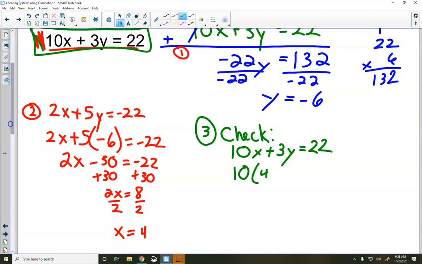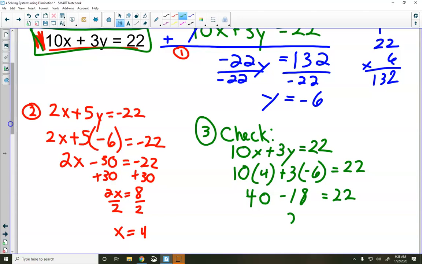So we have 10 times 4 plus 3 times negative 6, and that is equal to 22. 10 times 4 is 40. 3 times negative 6 is negative 18. So 40 minus 18 is 22. And since 22 equals 22, it checks out. And we know that our answer